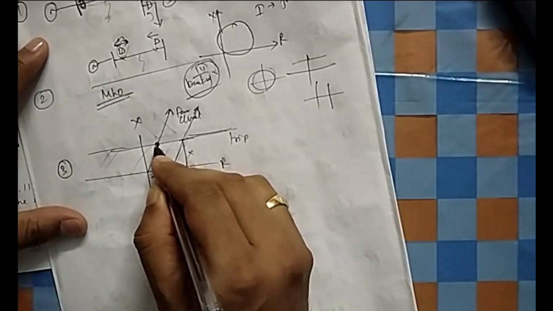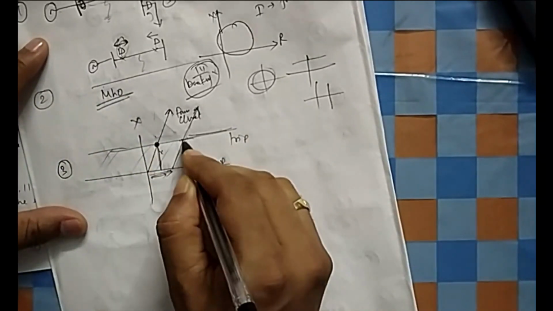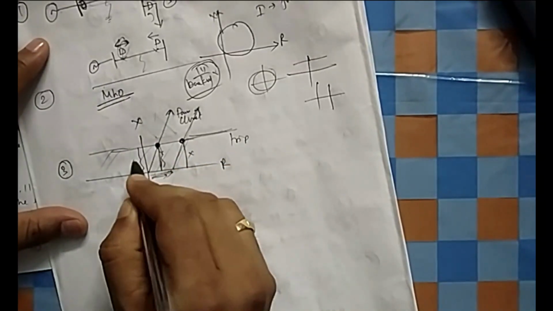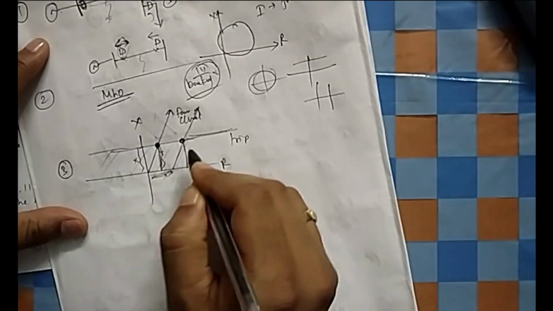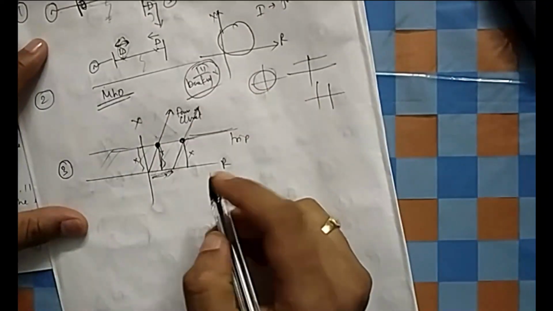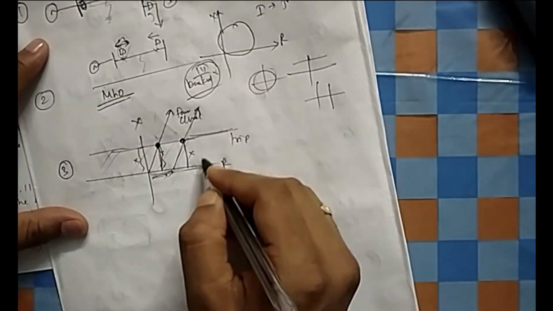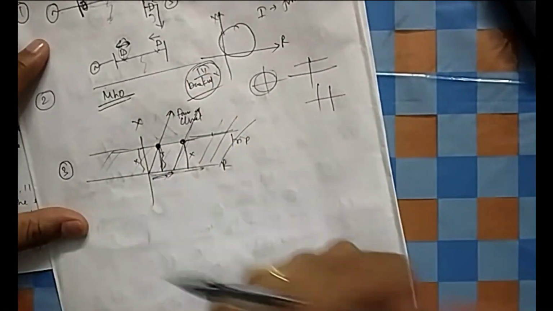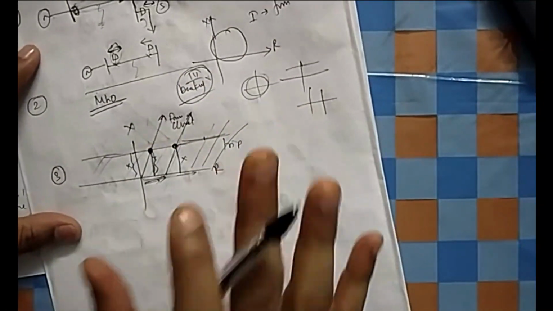Suppose your line length is up to this much that you have protected. This length will always be protected, because you are protecting this much X of the line. So if you keep adding R, the characteristic will shift to this side, but the X remains the same. So below that X, it will always trip. So the tripping will not be affected.